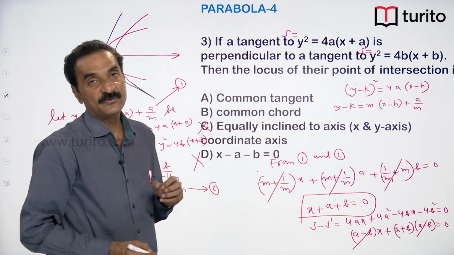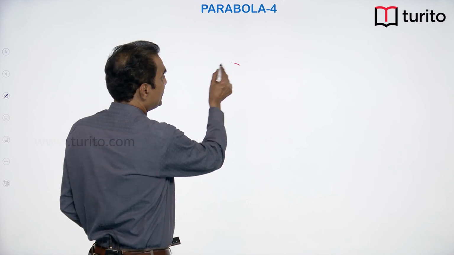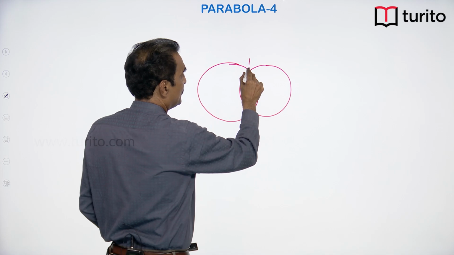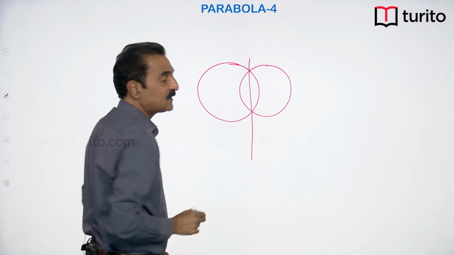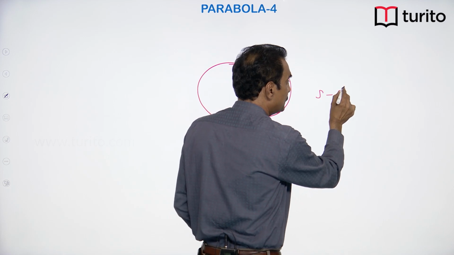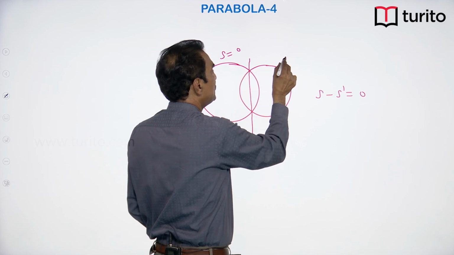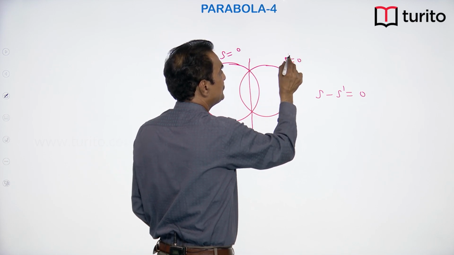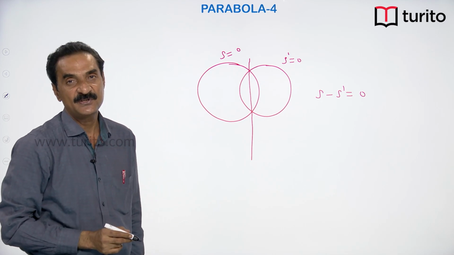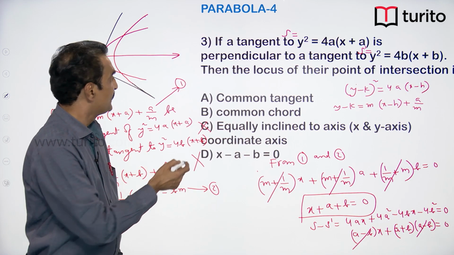In circles, we have studied that if two circles intersect at 2 points, the equation of the common chord is given by S minus S dash is equal to 0, where S and S dash are equations of the two circles. Equation of the common chord is given by S minus S dash is equal to 0. Similarly, in this case,